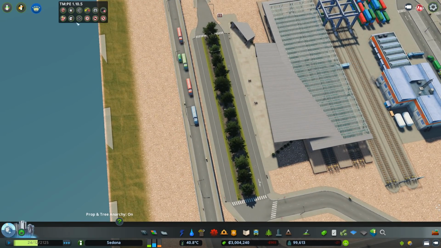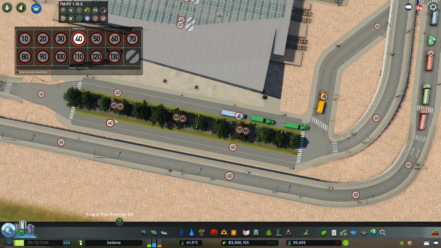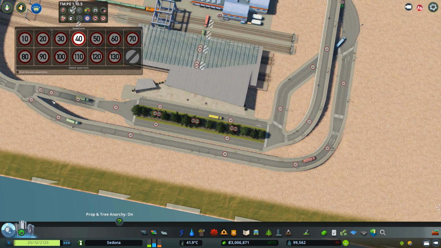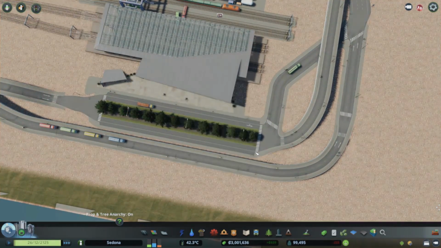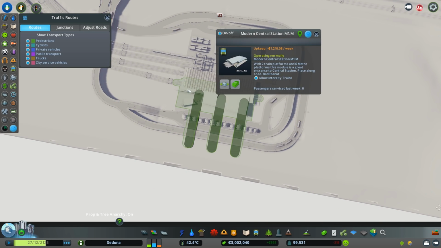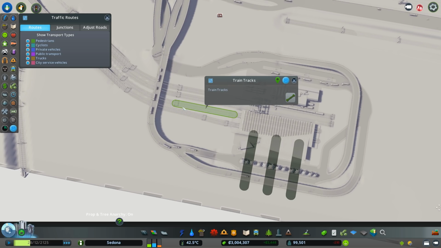So what I'm going to do is actually set the speed limit down the bottom here to 40. And then that'll probably convince them to go the other way. So that ramp there is also 40. And maybe I'll do that as 42. Okay, so that should probably stop trucks going down the bottom. That should go around. Now, I wonder, there's no trains at all coming to this area. I don't know if this is just because...